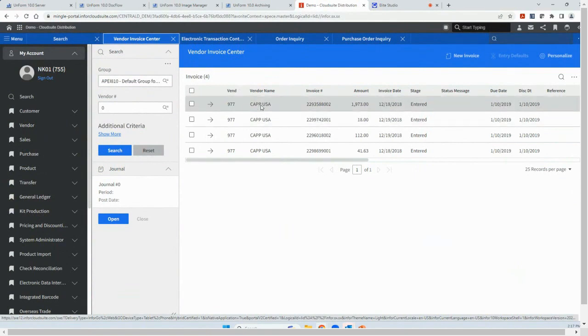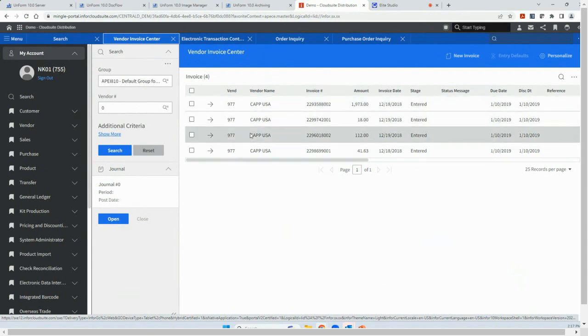So we were able to get the information off of those invoices and get them into the AP Invoice Center so that nobody had to manually enter those in. They've come in automatically, just like it would if it were an EDI transaction.